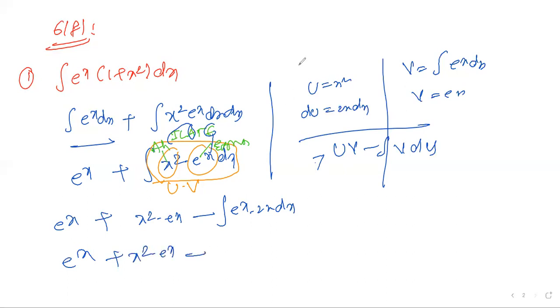And after this, again there is a trick. Then you take 2 as common, so e power x into dx. The situation will again change. What is the situation now? What has to be done? This is not a simple question. Again, it looks like a UV model, exponential and algebraic. Now you can continue there. I will take it on the next page for your convenience.